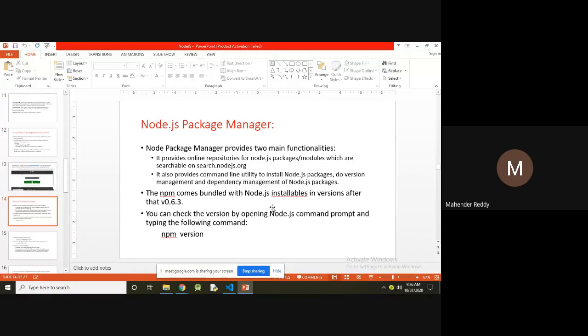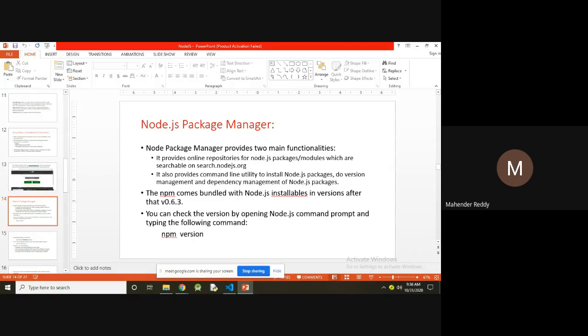Whenever you install Node.js, you will automatically get npm also. Before version 0.6.3, npm was not available in Node.js, so you had to install it separately after installing the Node.js setup.